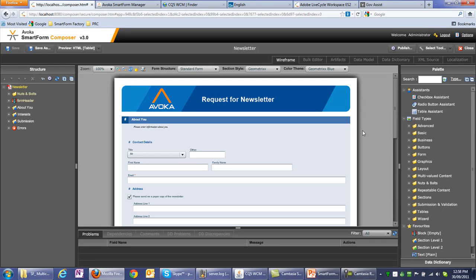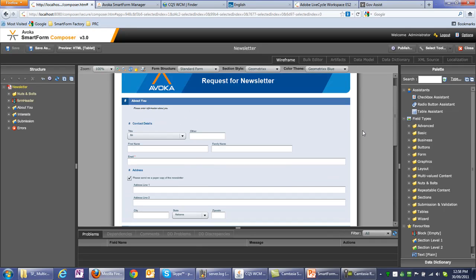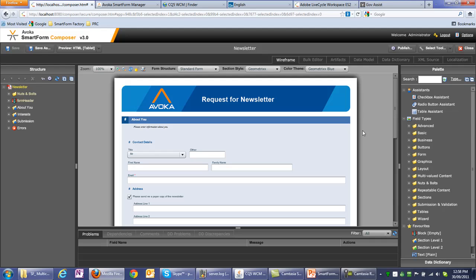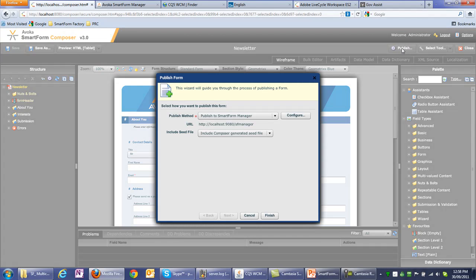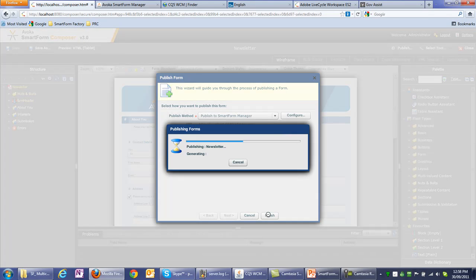Here we are in SmartForm Composer. We've just seen this request for newsletter form be developed using Composer. What we're going to do next is publish this form to SmartForm Manager, and we'll click on the Publish button. The default values are already filled in, and we'll click on Finish, and this publishing process will collect together all